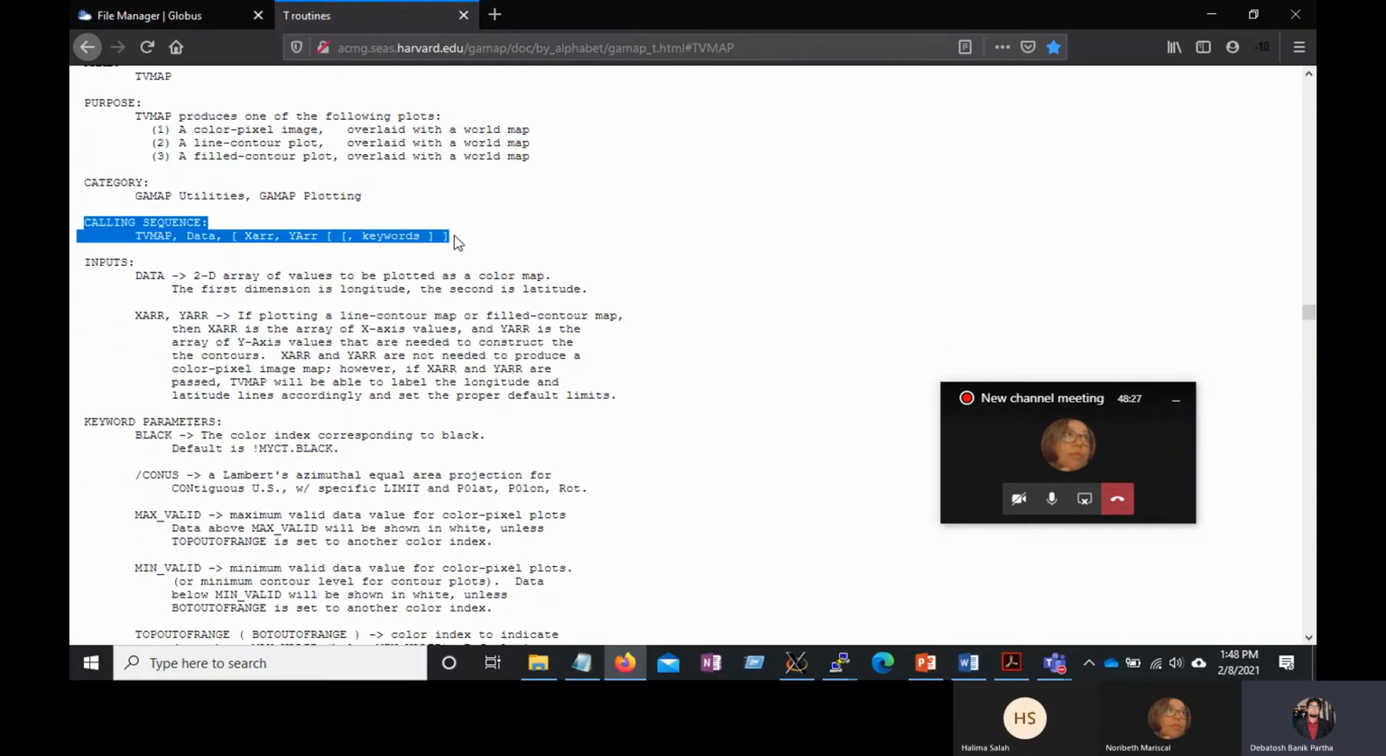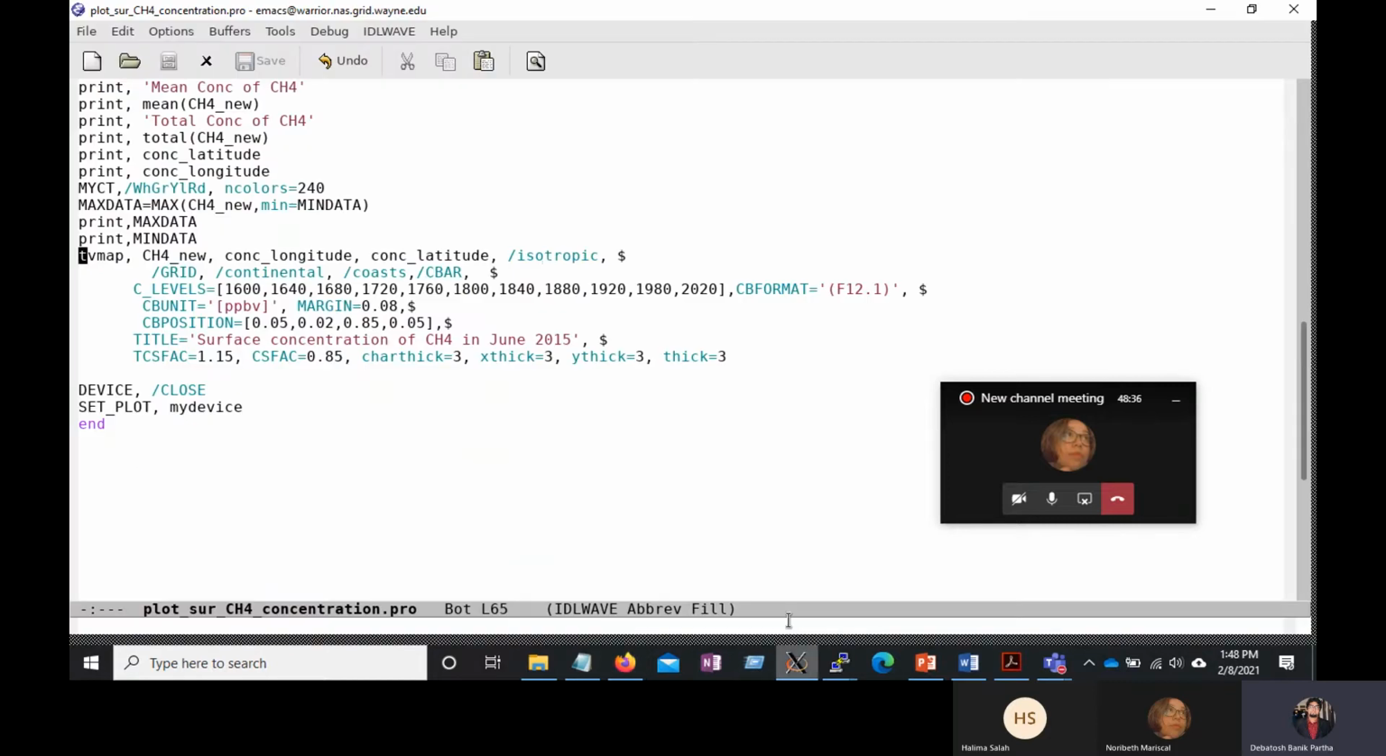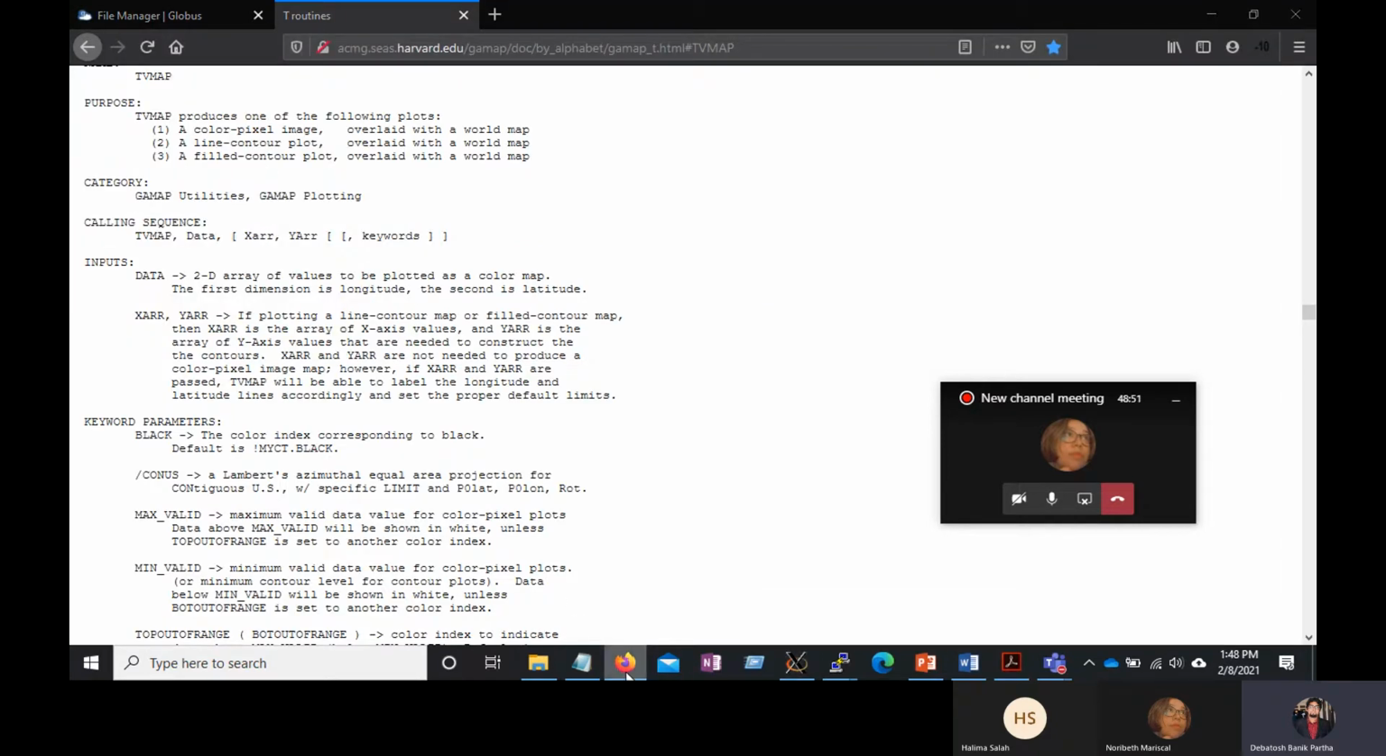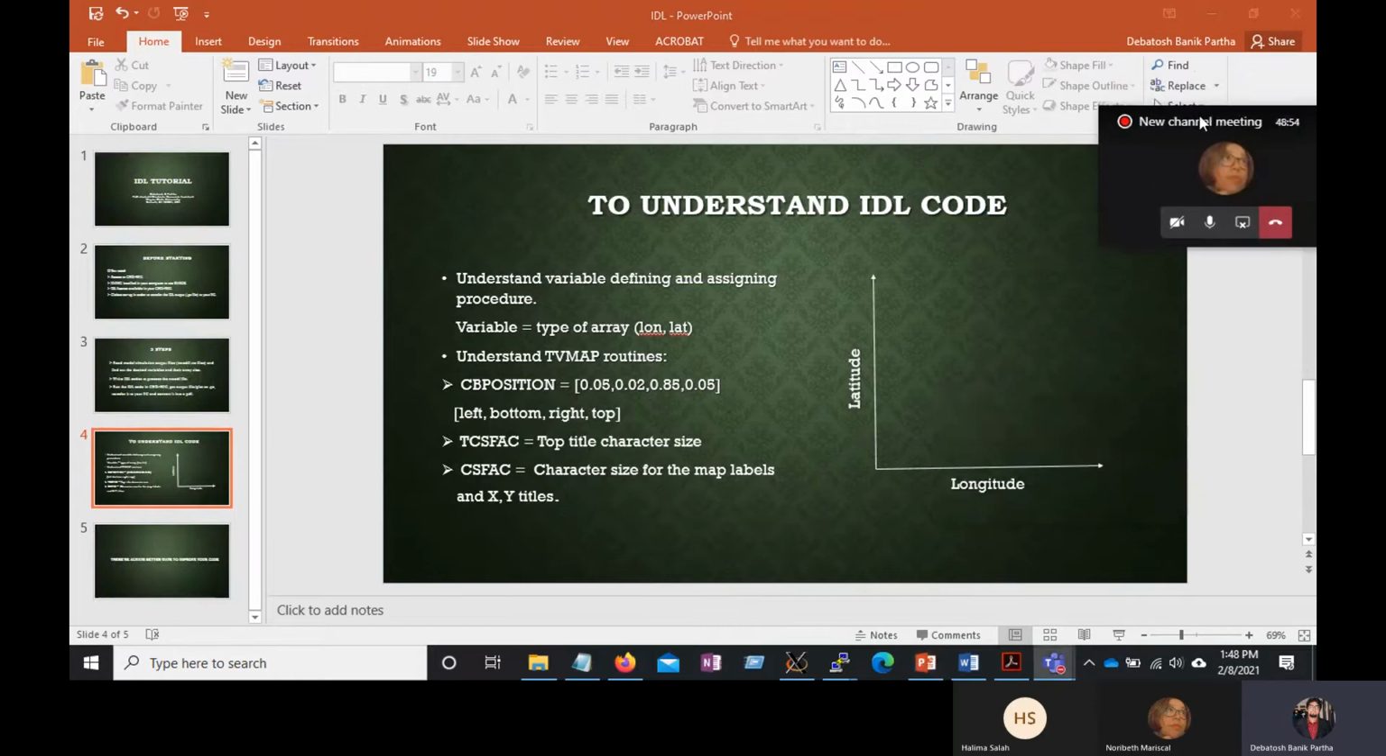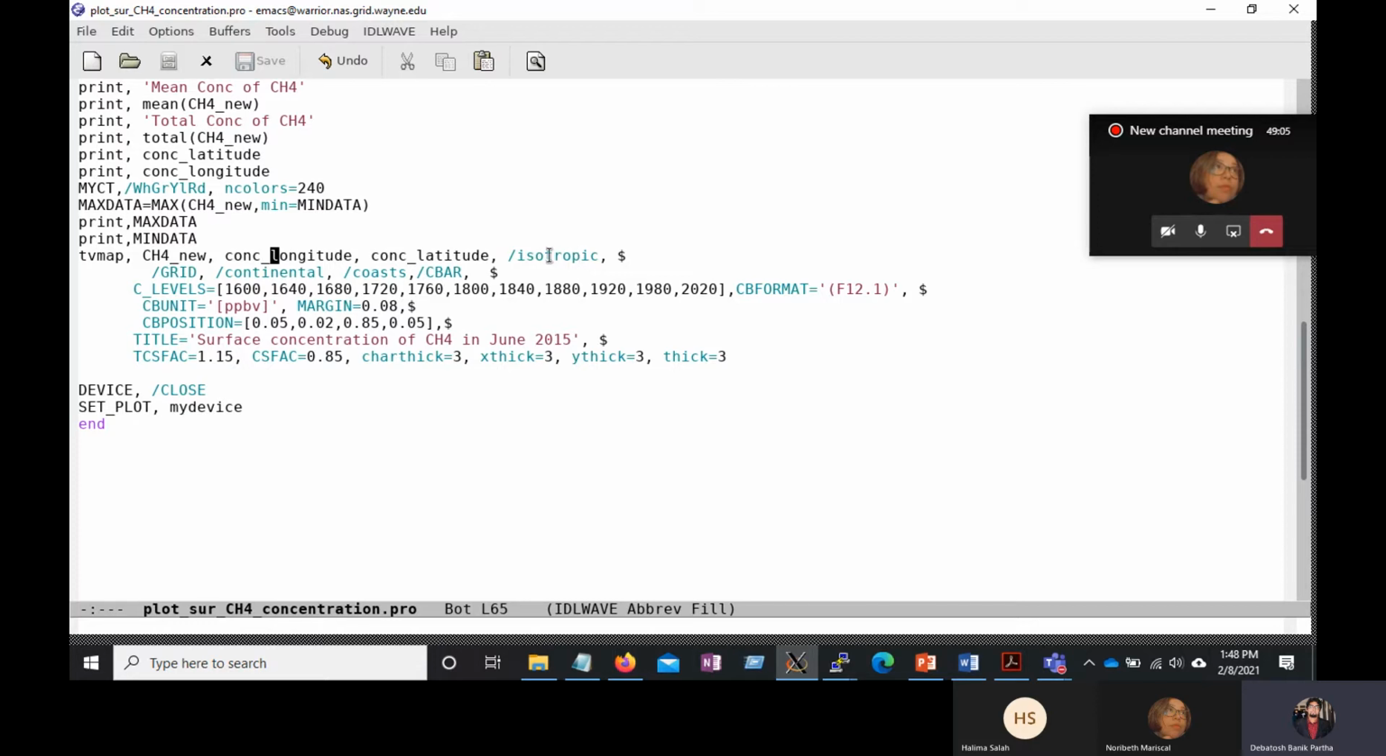So this is the calling sequence: TV map, then data, which is our variable here, then X array, then Y array, then keywords. There are some useful keywords like isotropic, grid, continents, coast, C bar. So TV map, then our data, methane new, then concentration longitude, which is our X array. You know, actually this one is kind of helpful to understand which is longitude and which is latitude. So X array is this one, Y array is this one, and then the keywords, the isotropic. Isotropic means that your plot